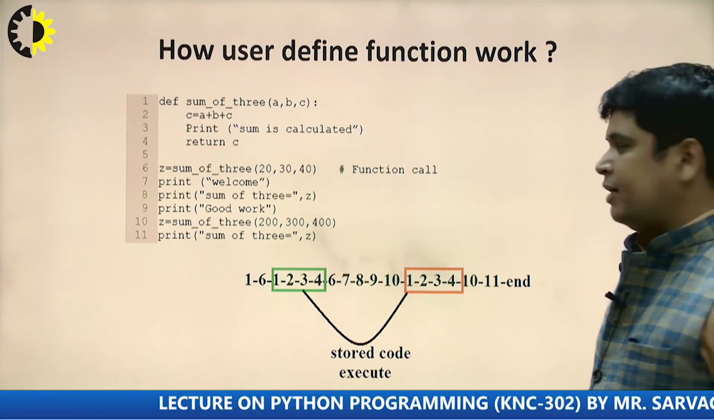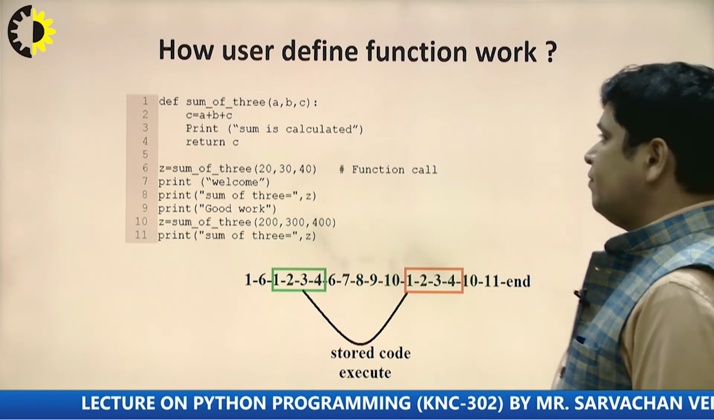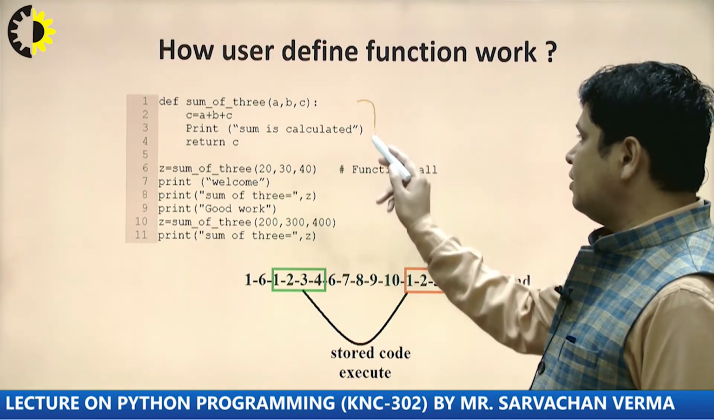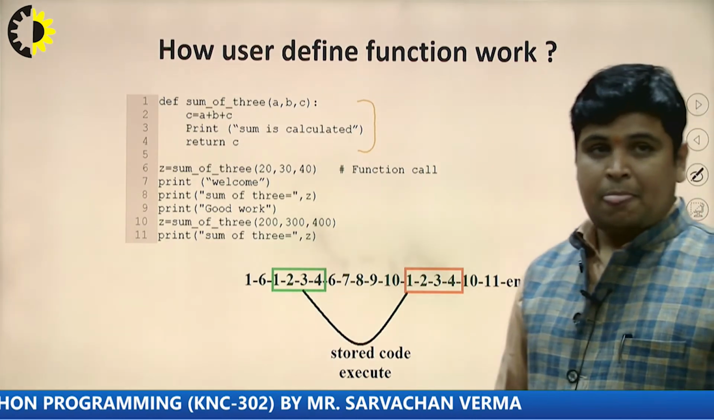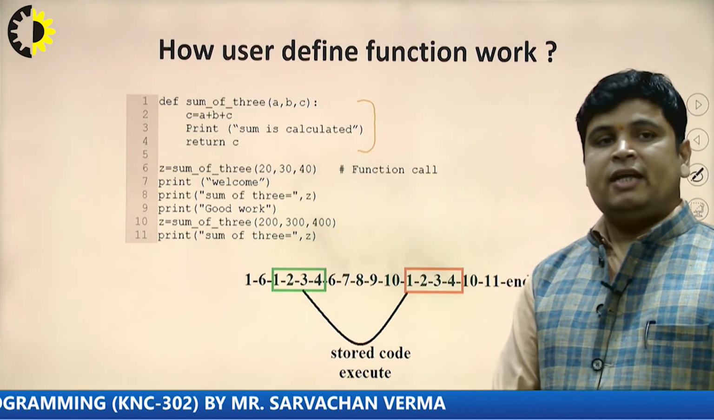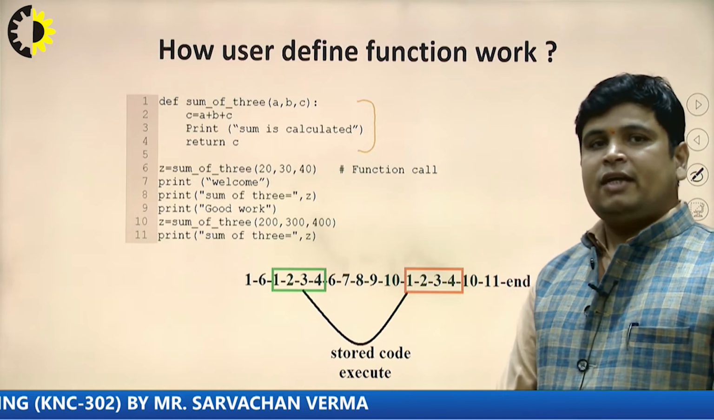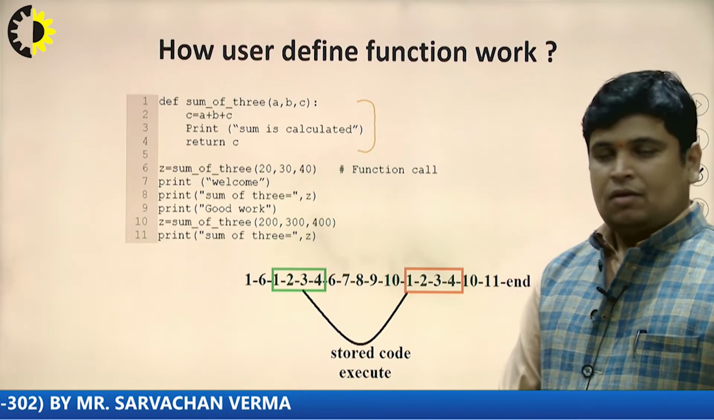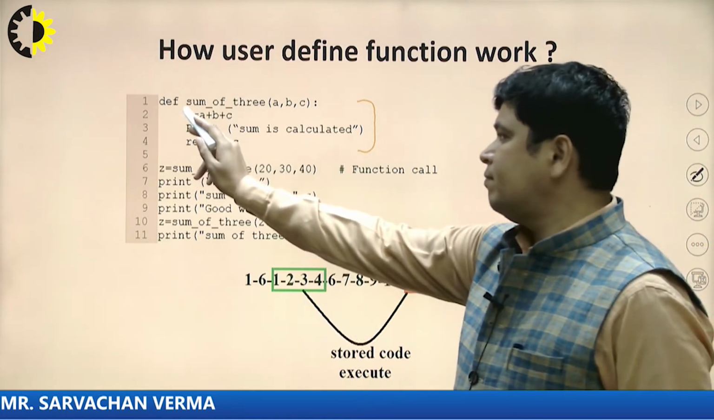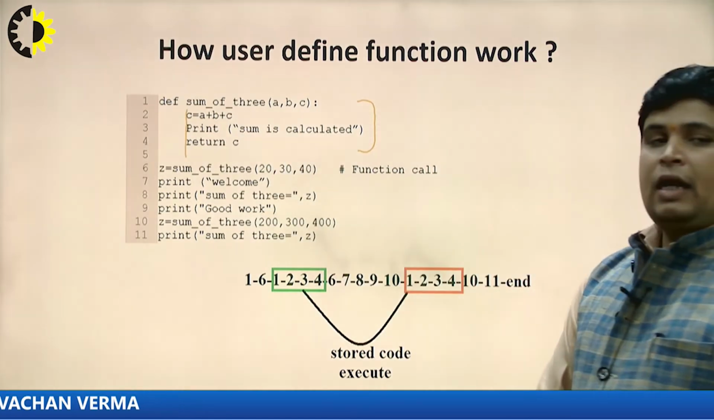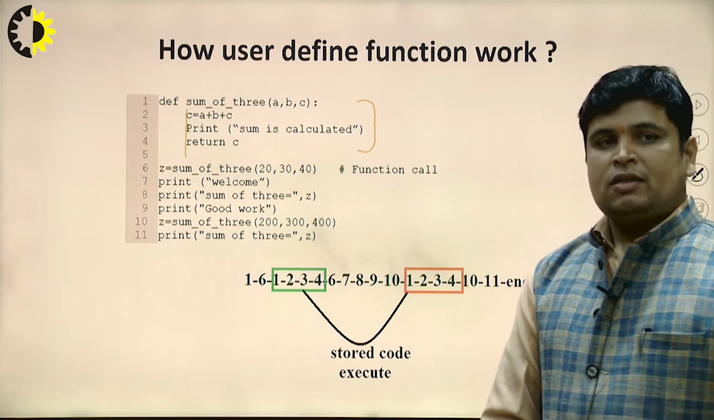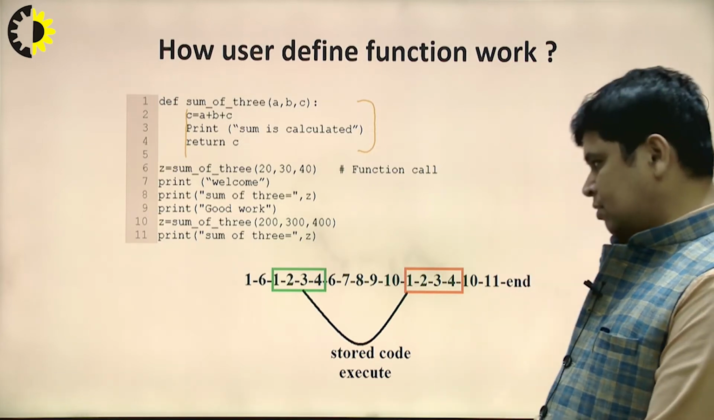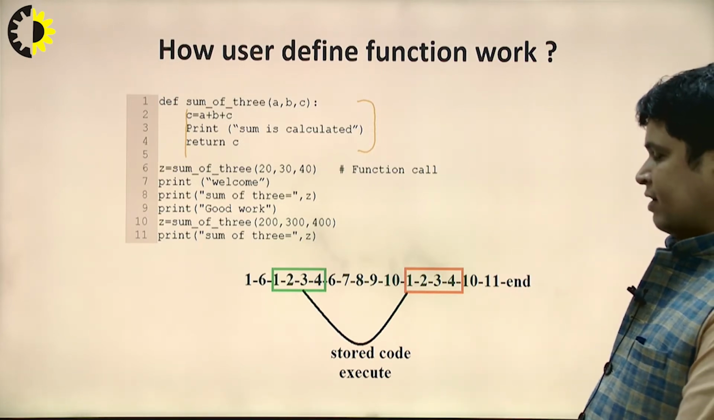I have created one function. The function name is sum_of_3. The sum_of_3 function has 3 arguments: a, b and c. This is the function body, and at line 6 I am going to call the function sum_of_3. When this function is called,